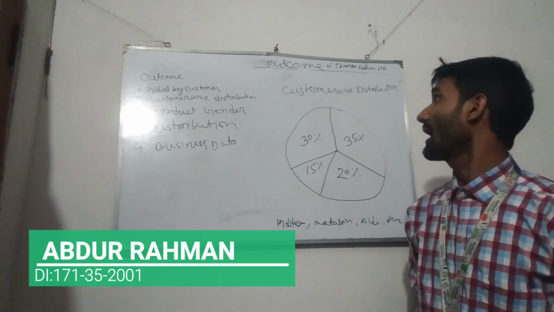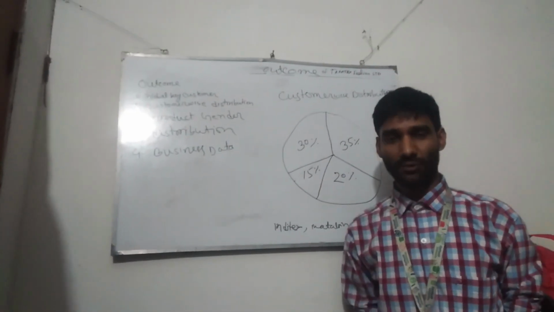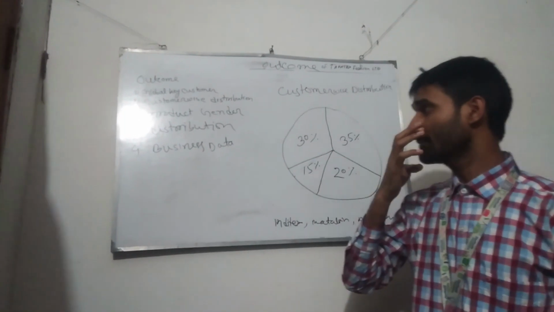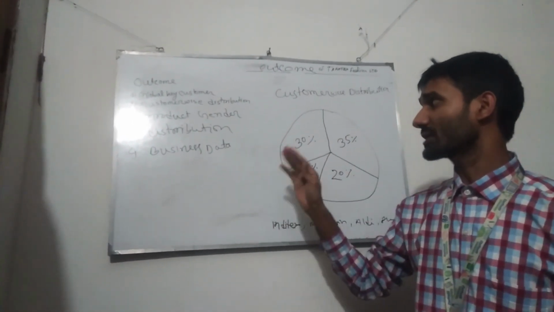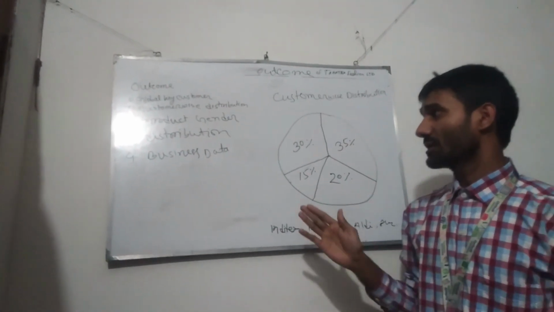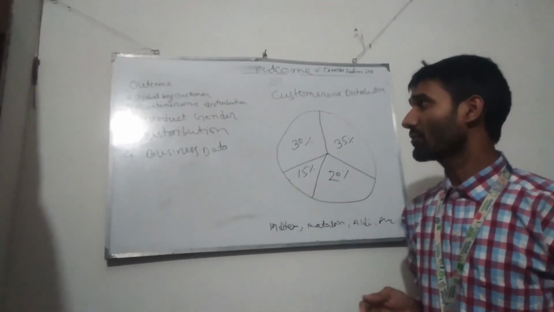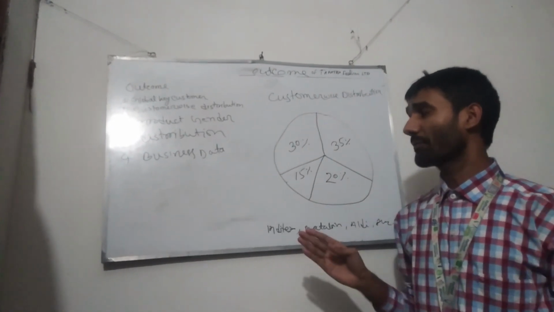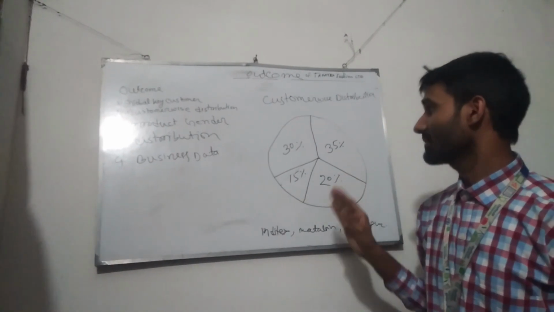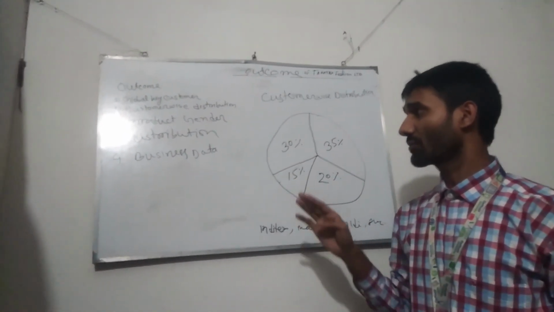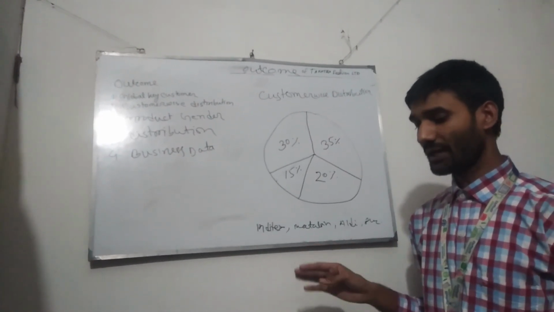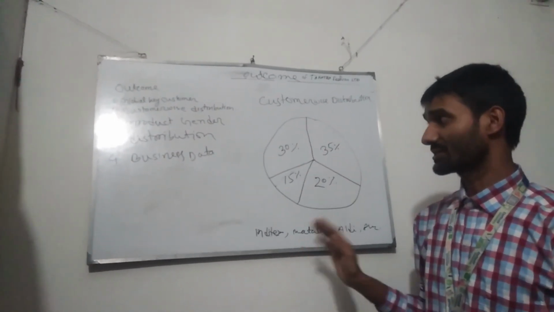Assalamu alaikum. I will discuss the outcome of Taratex Fashion Limited. The outcome covers global key customer distribution, product gender distribution, and business distribution. I will first discuss global key customers. Global key customers means those internally involved with Taratex Fashion Limited, such as Zara, Matalan, Pull&Bear, Aldi, and other extensions.